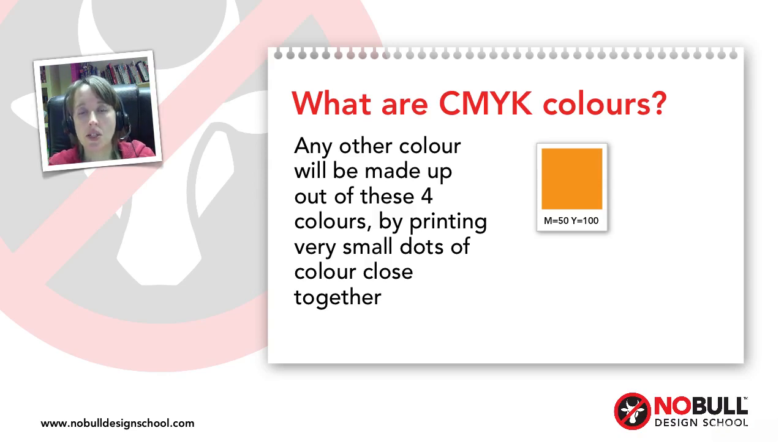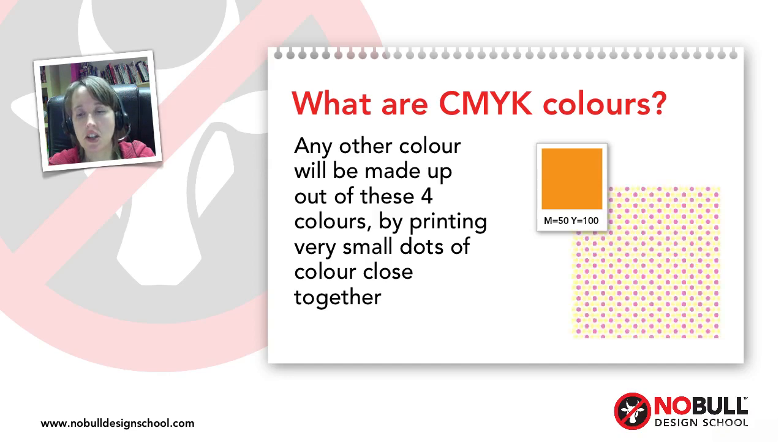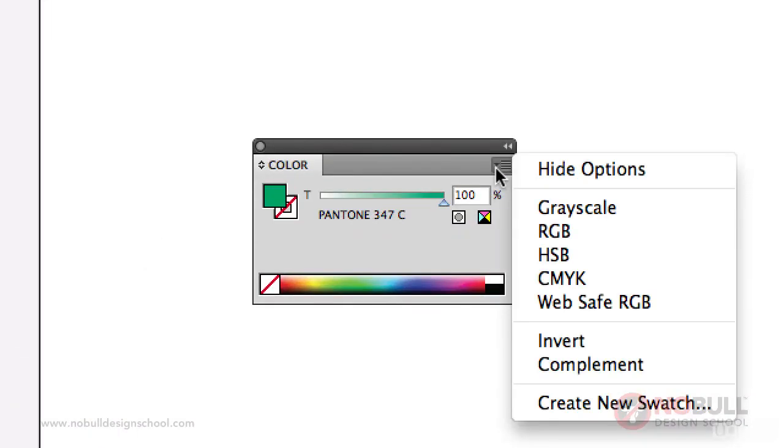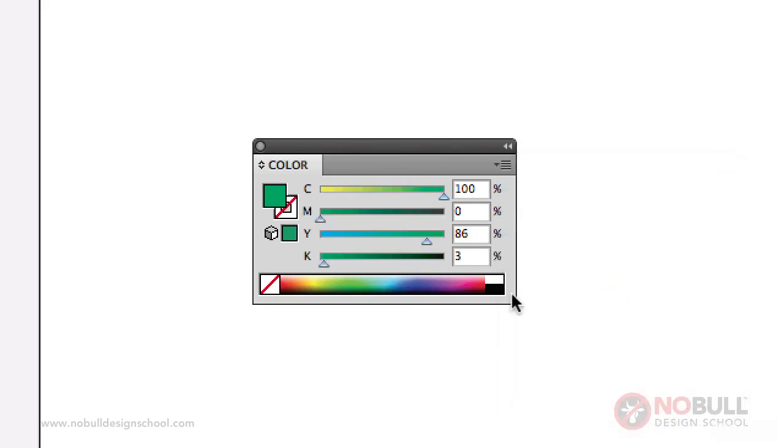And if you saw that orange printed and then blew it up under a magnifying glass, you'd see tiny dots of magenta and yellow like I've shown here. In Illustrator you can access the CMYK palette by going Window, Colour, and then you just switch here, click on this little arrow, click CMYK, and you can just move these sliders